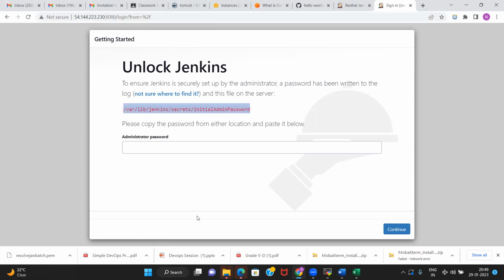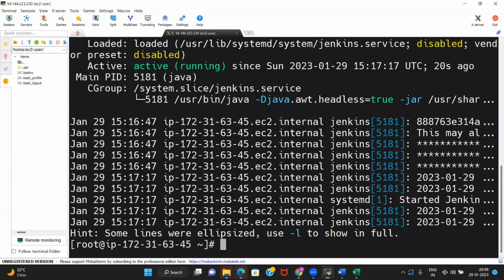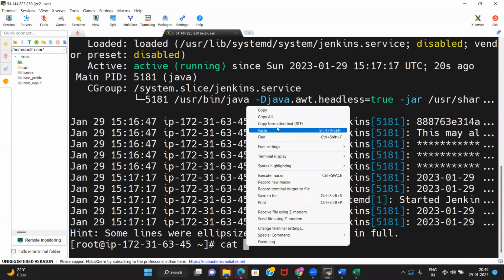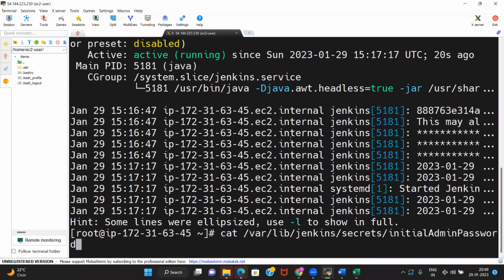It means that Jenkins is installed, up and running, right? What it is saying is that you need a password. So this password is here, the initial admin password. What you do is cat, and then this path.